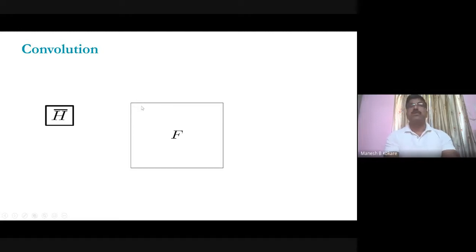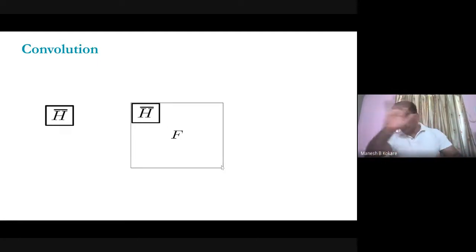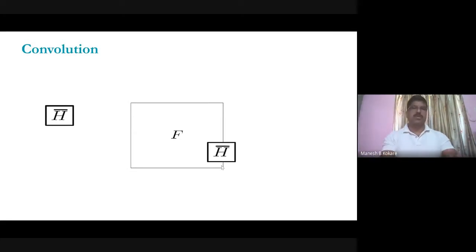So you have the mask like this, and again you have to do the same process. How long? Till the entire row is covered. Again you have to come back to the second row and do the same process. How long? Till all the pixels are covered. So this mask is generally kept like this, and filtering is done row wise for all the rows, and so on. This is done this way, and then you get the filtered image as the output. So this is the convolution operation.